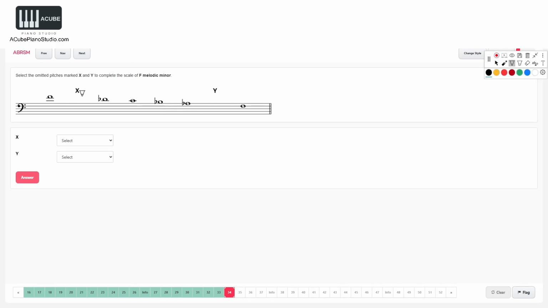So this is a descending scale, right? It's going downwards. So for a melodic minor descending scale, you just follow the key signature. You don't need to think about sharpening anything. So F minor has B flat, E flat, A flat, and D flat for your key signature. So this is F, then you need E flat here, then D flat, C, B flat, A flat, then G,